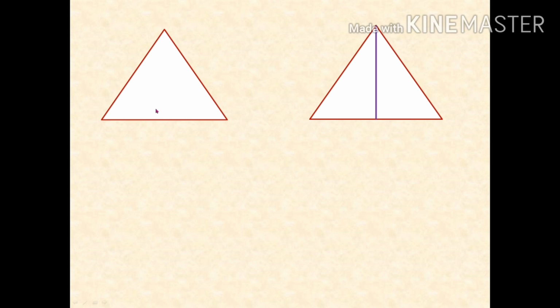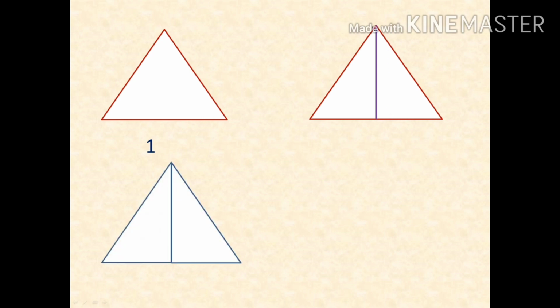In the first image, we know there is only one triangle, so the answer will be 1. Coming to the second problem, if we see this type of image, we will try to solve this problem by counting the number of triangles. That is one triangle in the left, one in the right, and there is another one big triangle. So the number of triangles in this image equals 3. Since it's an easy image, we can solve it by counting.